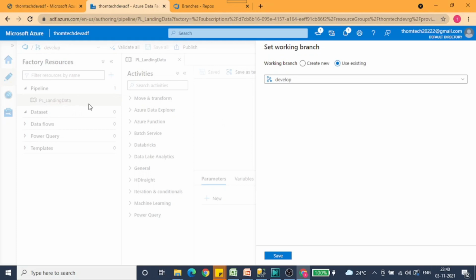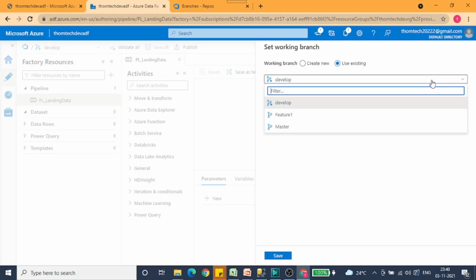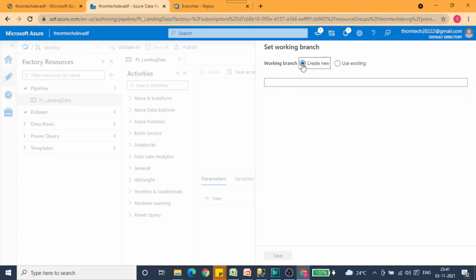Okay, so now over here as a developer, let's suppose I am developer or employee 1. I want to tell ADF which branch I will be using for my development. For use existing, you can see it's the develop branch, but I should not be using the develop branch because it's like a main branch. Therefore I can go ahead and create a new one. So go here and put feature 2, because feature 1 I already created. To create feature 1 also it's the same process, you have to click create new and type it as feature 1. So over here I am just putting feature 2. After putting feature 2, let's save it.